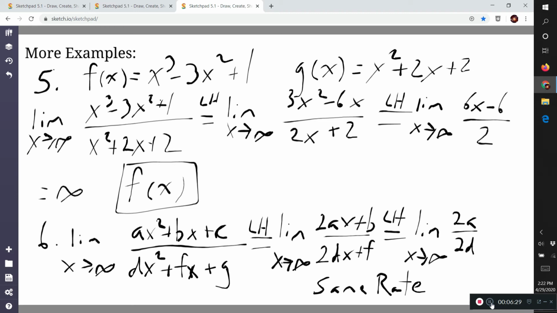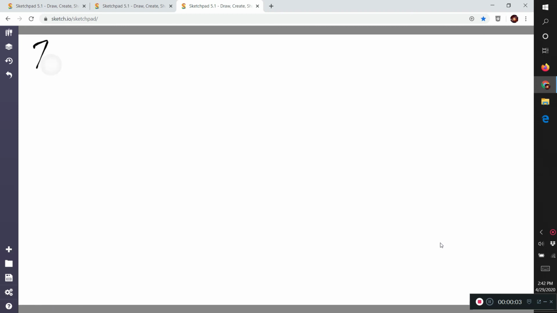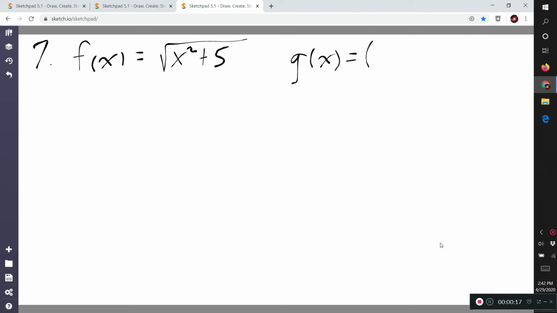All right. Let's look at one more. And this time we're going to use the transitive property to get around what would be some horrible work. So let's start with functions. f of x is equal to the square root of x squared plus 5, and g of x is going to equal quantity 2 root x